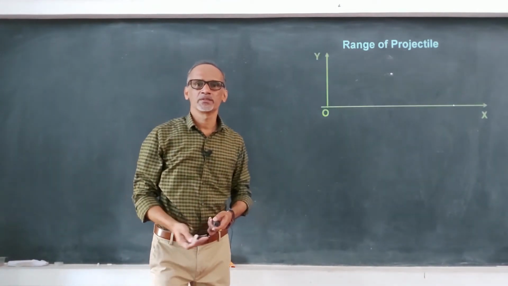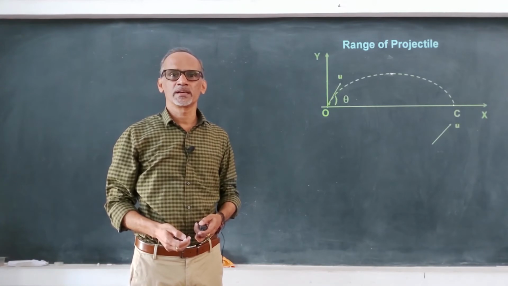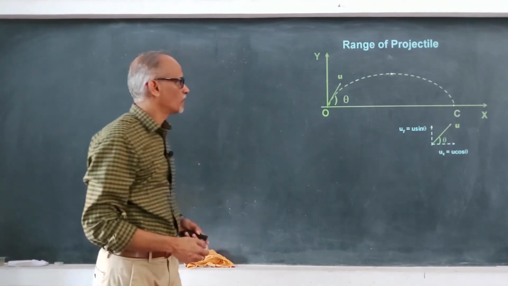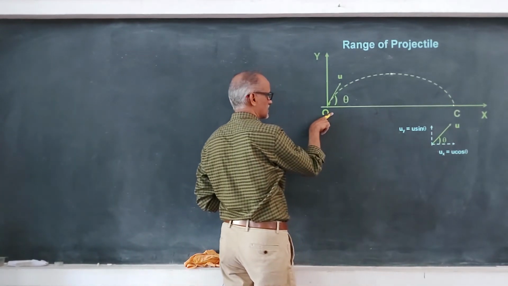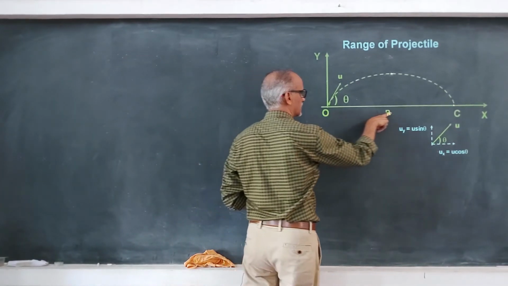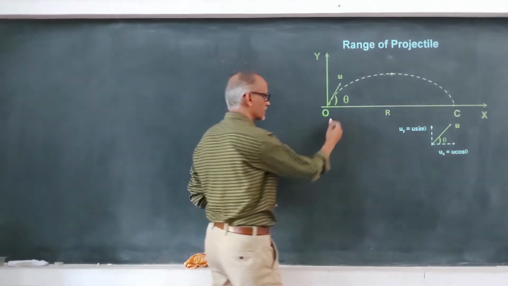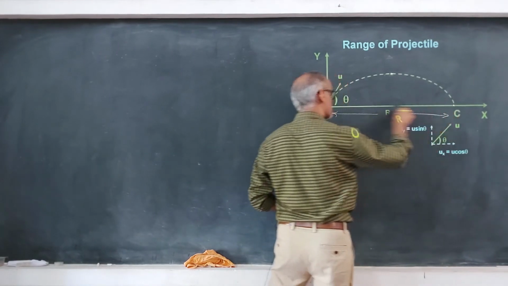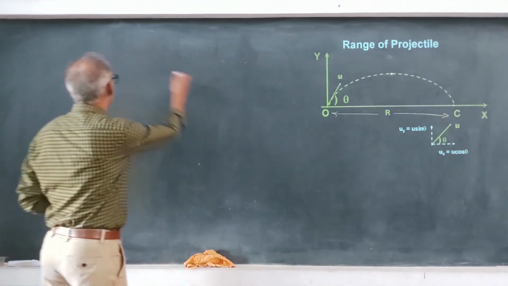So consider again two axes, the trajectory, the direction of projection, the angle of projection, and the vectors. Okay. Now what's the range? The maximum horizontal distance covered is called the range, that is from here till here, denoted by R. So now keep in mind, everything about the horizontal motion we have to consider because we are measuring the horizontal distance. So now along the horizontal,